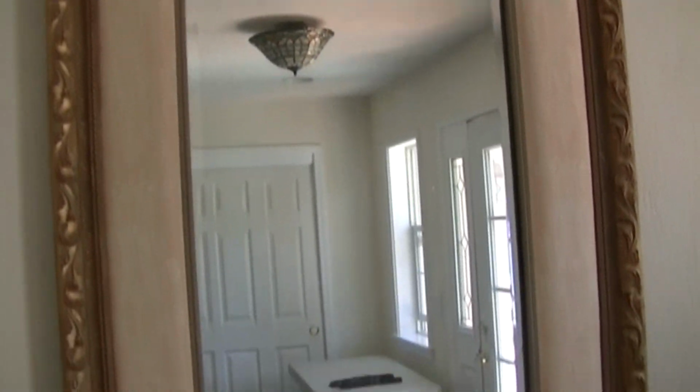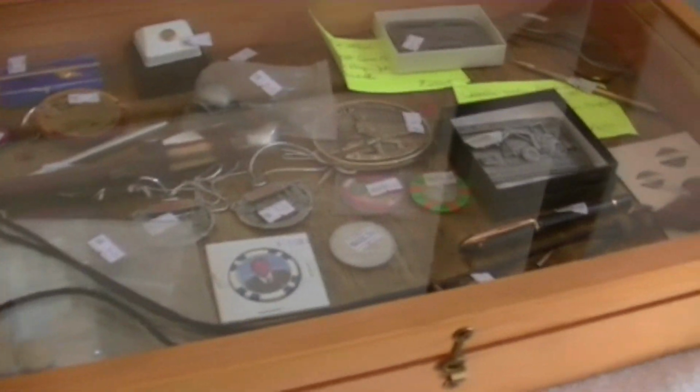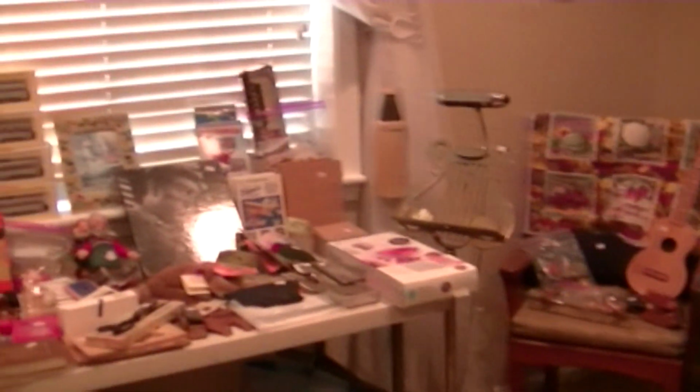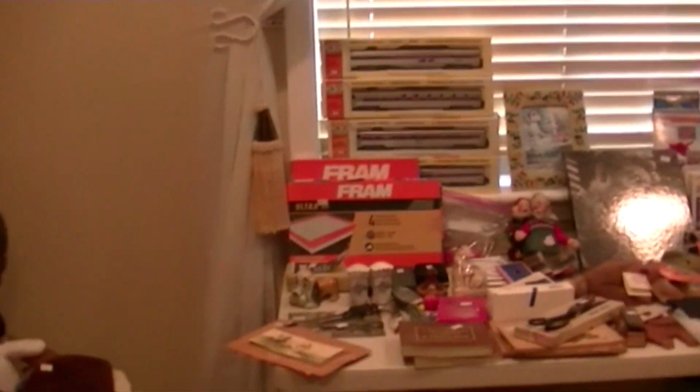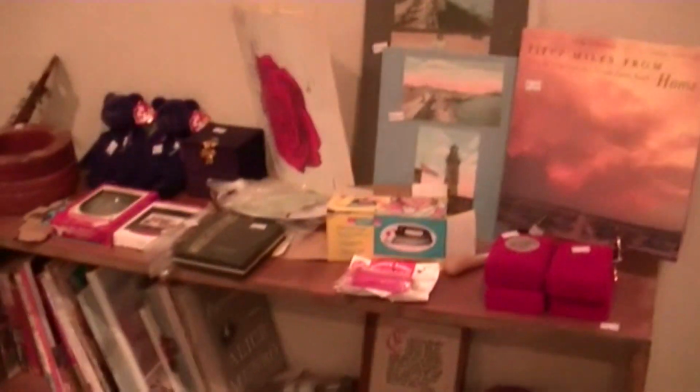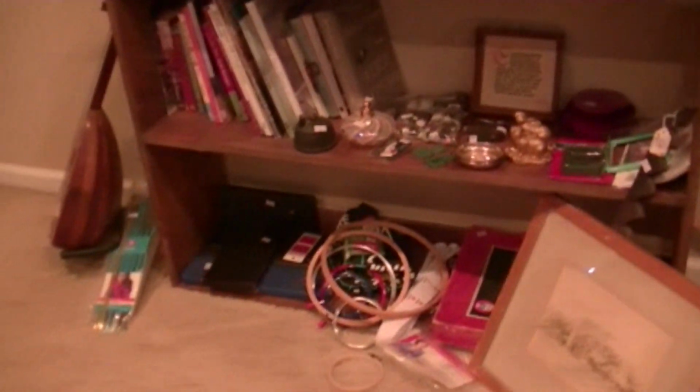Small furniture, decorative items, end tables, mirrors, but no large furniture. Craft items include wool and wool blend yarn, knitting needles, Rowenta commercial ironing board and iron,